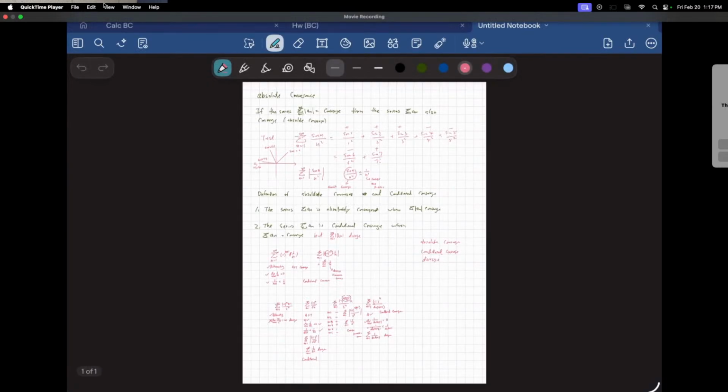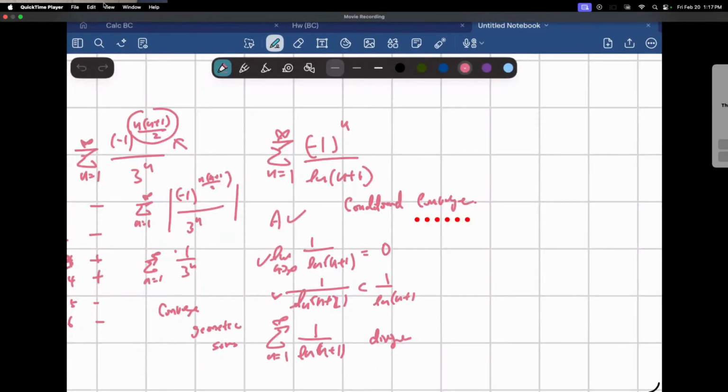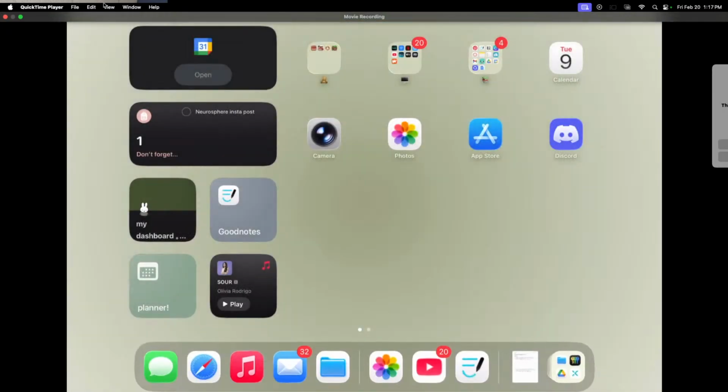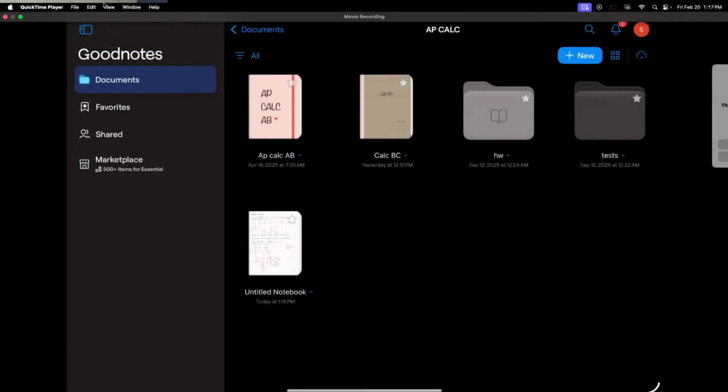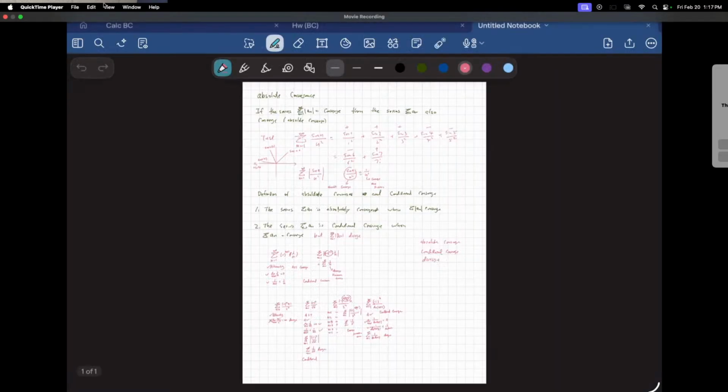Why do you keep on popping back out? When you double tap it, it like goes back up. Well, I didn't tap anything. Oh, I don't know. But if you double tap it. Okay,